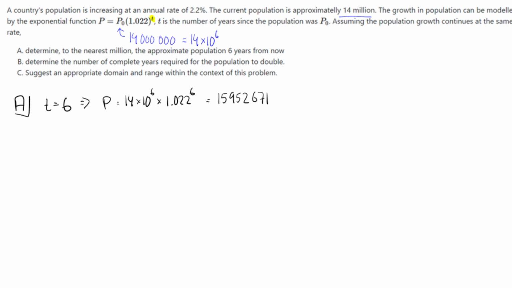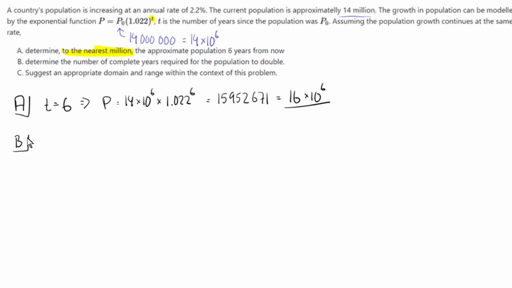Now they want us to answer to the nearest million. So we would round this to the nearest million, which is going to be 16 million, or 16 times 10 to the power of 6. In B,